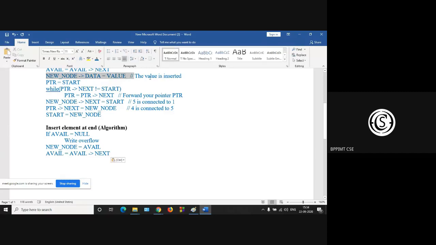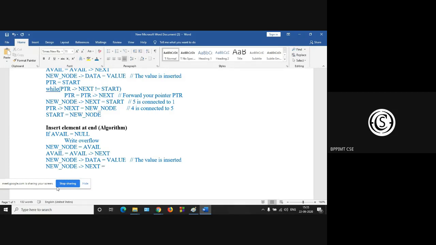Your new node data is the value, and the new node next.